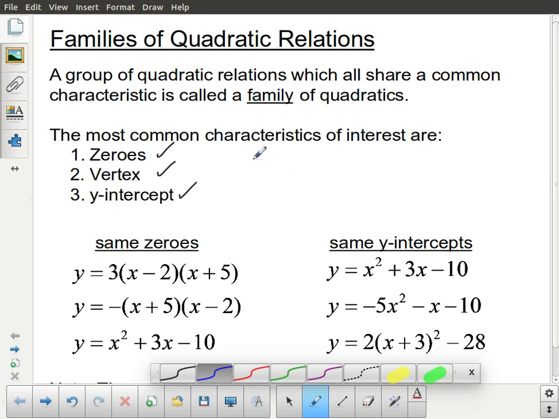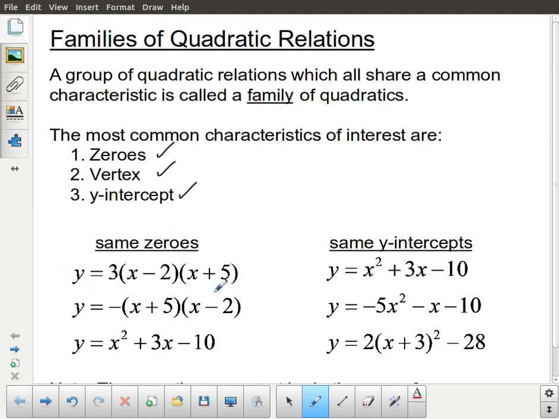Now you can have a family based on pretty much any characteristic you want, but the characteristics that we're generally interested in for a quadratic are the ones that I listed at the beginning. So zeros, vertex, y-intercept. If we take a look at these examples that I have below,